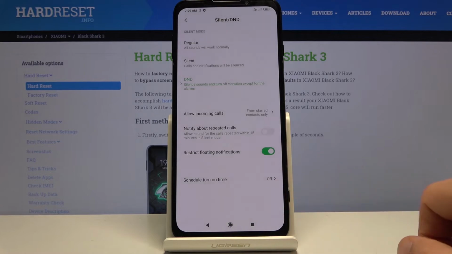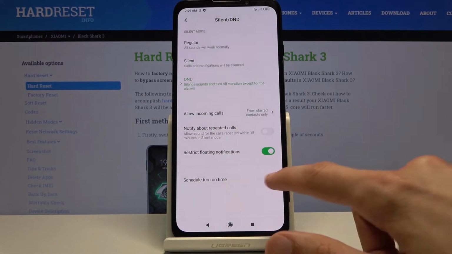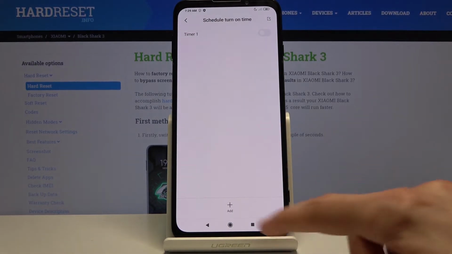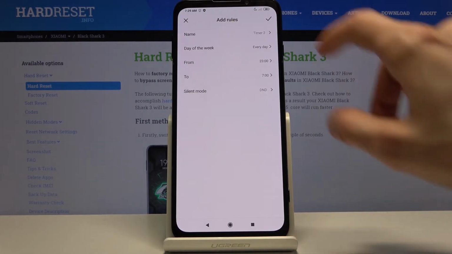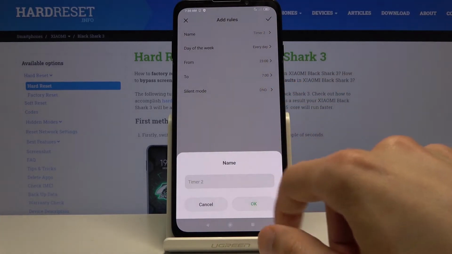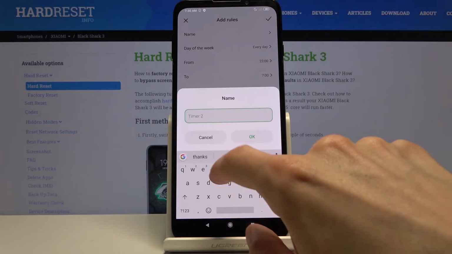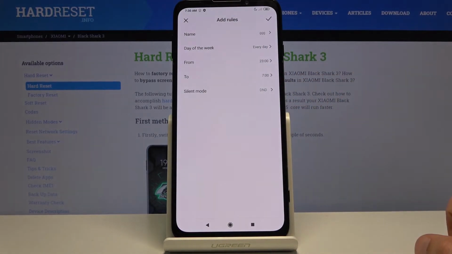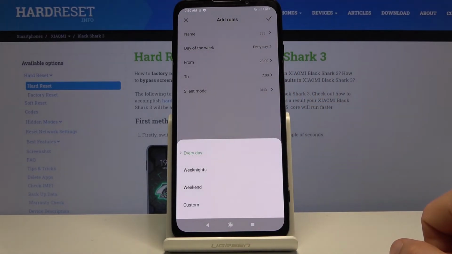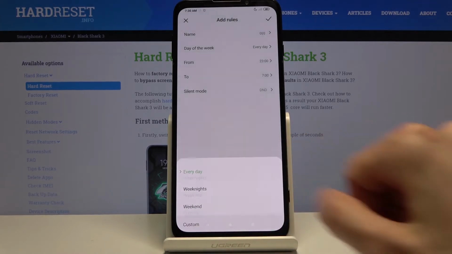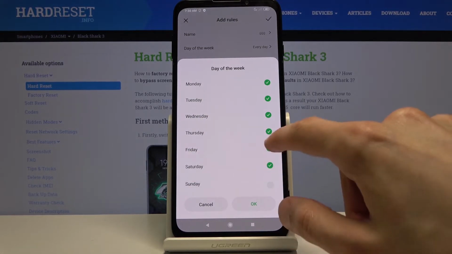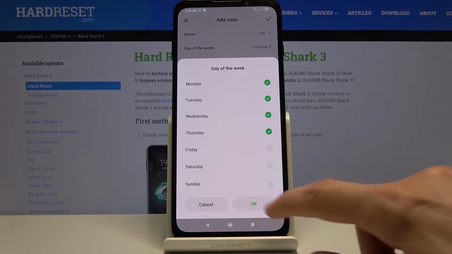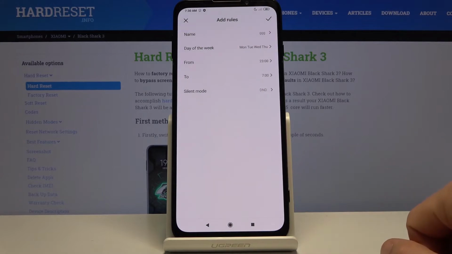turn on time. So you can set it to have a schedule, just tap on it, and you can tap on add new one, name, you can keep it as it is, or call it whatever you want, days of the week. So you have basically 3 presets, so every day, weeknight, weekends, and custom, which will give you the most amount of customization over it. So you can choose whichever one you want here, days of the week, confirm that, and